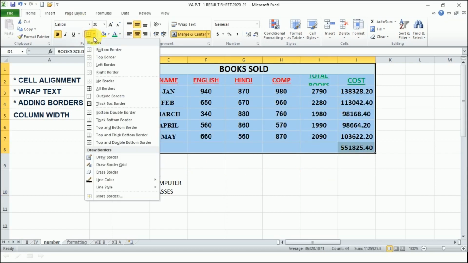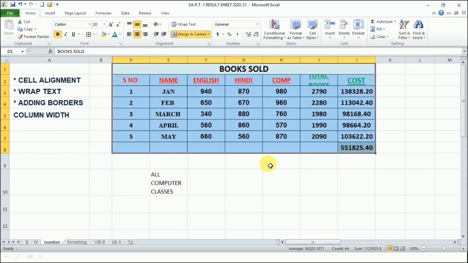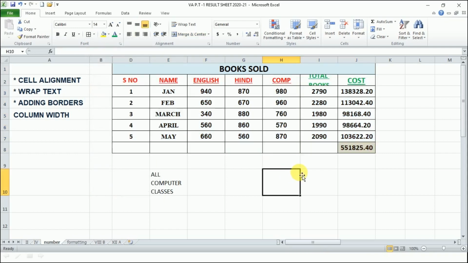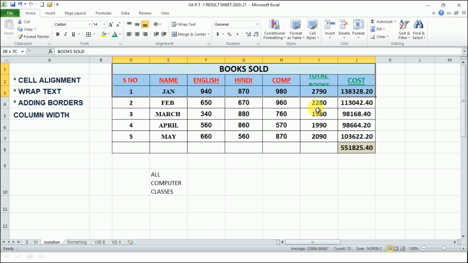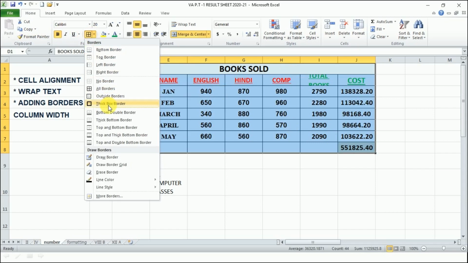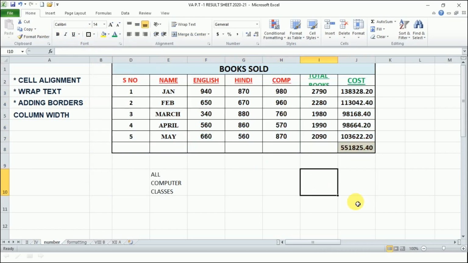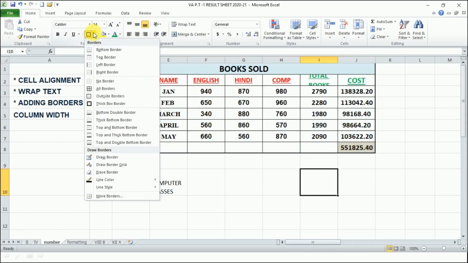If you want to give it the left side, right side, top, you can select these options. If you want to give all borders, you just click over it and you will give the borders to the entire table. Select again, come here in the borders and give a thick border outside, right? So this is how we can give borders to the table,